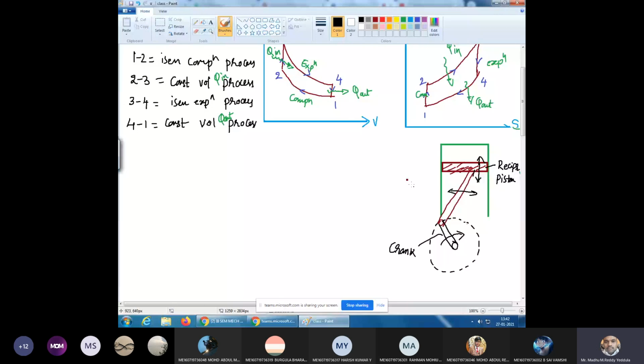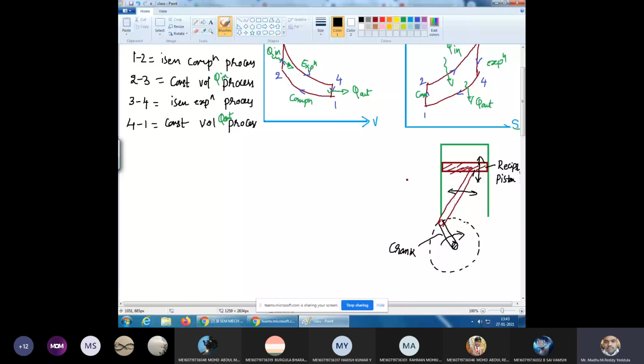Now this is the shaft. You can see this connecting rod is mounted over a shaft. Over the shaft, the crank pedal, or if you take your bike, a kick rod, will be mounted. If you apply the kick, what is happening inside the engine? The piston is reciprocating, meaning you are giving motion to the crank. When the crank rotates, your piston will reciprocate. That is what happens in the background.